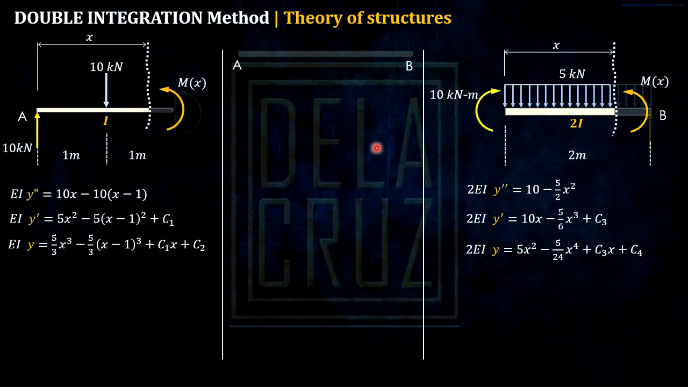First thing to do talaga in double integration is to calculate the constants of integration, the C1, C2, C3, and C4. We will do it by using the boundary conditions. Now, in a prismatic beam, ang gagamitin natin talaga na boundary is of course the reactions at the supports. That are the main. Now, the other thing here is we will also be using the point of continuation ng dalawa, which is at the